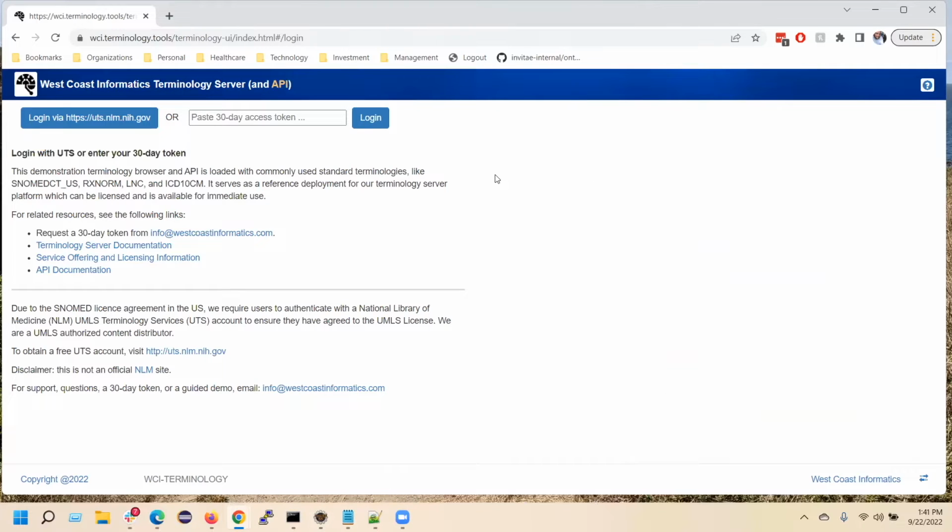There's two ways to log into this tool. One is via UMLS UTS login. The information in the server comes from the UMLS, which is a database produced by the National Library of Medicine here in the US and licensed through their own service. So we're essentially a content redistributor and allow you to log in using your UTS account, or you can request a 30-day access token from us at